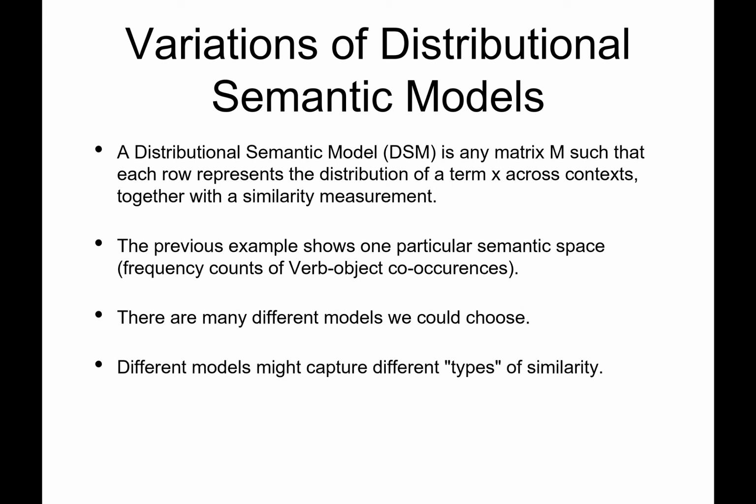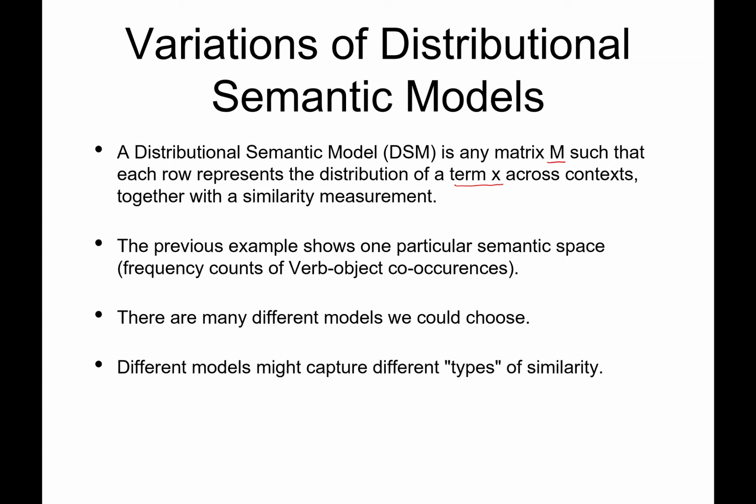All right, so what we have said so far is that we are able to build a matrix M where each row represents a word or a term X, and each value represents the distribution of this term across context. And we have a similarity measure that allows us to compare these words and see which ones are more similar than others. In the previous example, we used the verb objects of co-occurrence, but we will see now that we